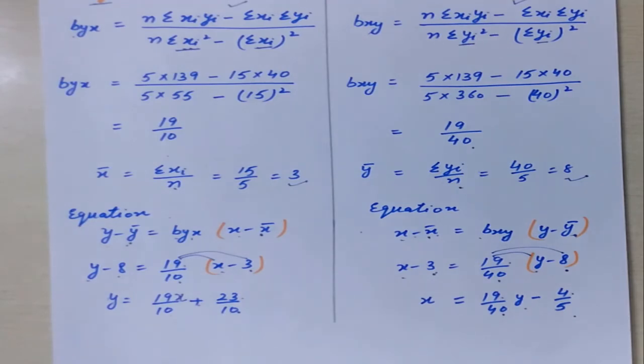Now, I hope this concept is also clear to you. The only difference between these two concepts is that in the first video we discussed how to find the regression coefficient only when the standard deviations are given to you. Now in this video we have discussed how to find the regression coefficient when the data is given to you. For the regression line, the same conditions are there, only the conditions for the regression coefficient differ.